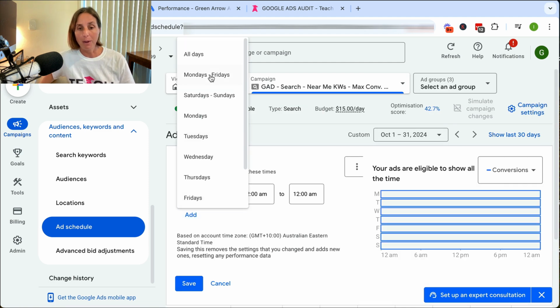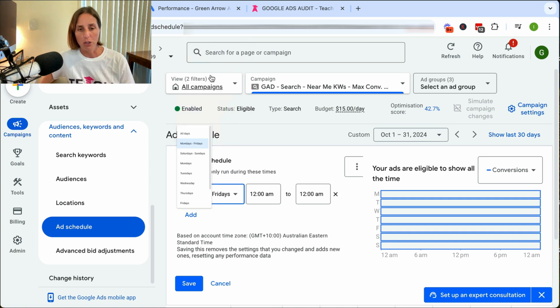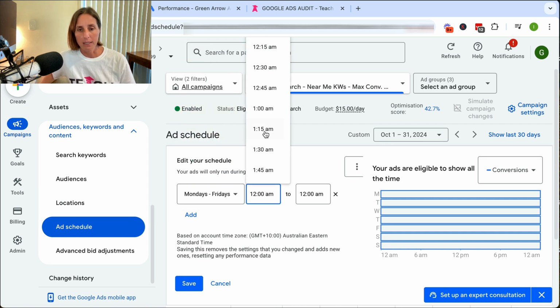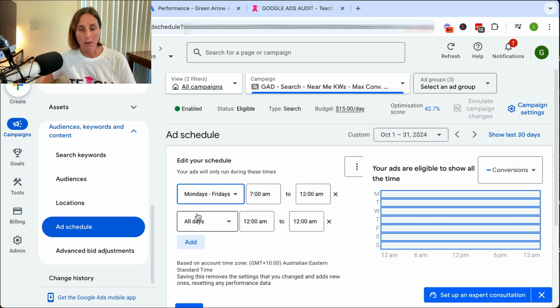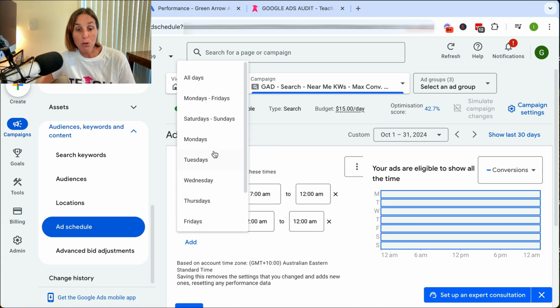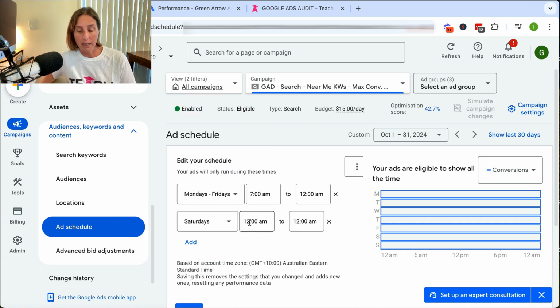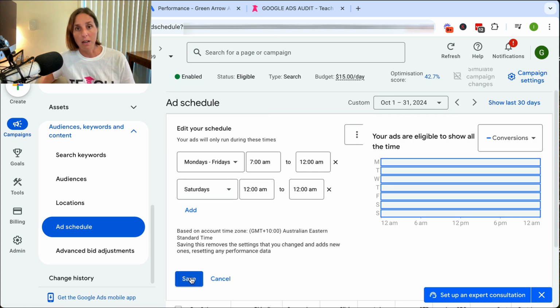ads to be maybe Mondays to Fridays, and Saturday as well. And then you could say Monday to Friday between, let's say, 7 a.m., considering that worked really well, 7 a.m. to maybe 6 p.m. And then if I just wanted to exclude Saturday, or exclude Sunday, I'm going to add Saturday, and I'll do the same thing, and then I will click